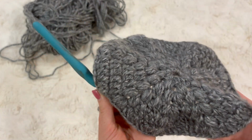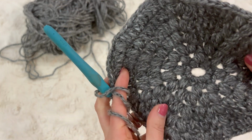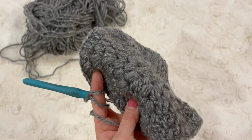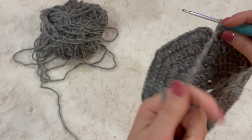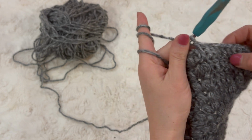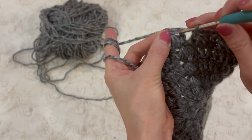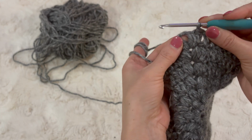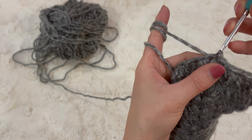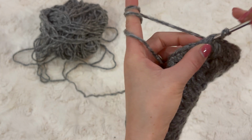repeat the same thing all the way around until we get to the end. So let's go ahead and do that, and I'll be right back. Okay, I just finished the round here, and again I finished with the double crochets, and same thing, slip stitch on top of the puff stitch, slip stitch in the middle space, and we're just gonna repeat same thing, chain 2, 2 puff stitches,